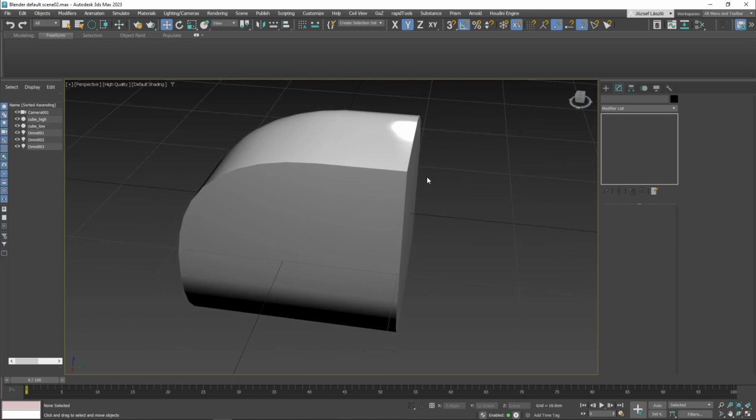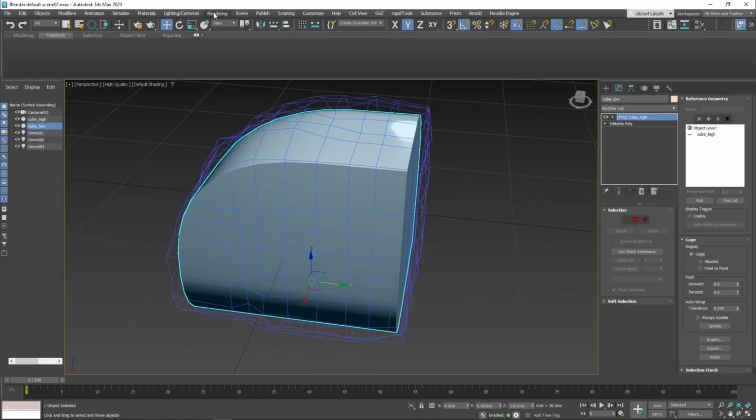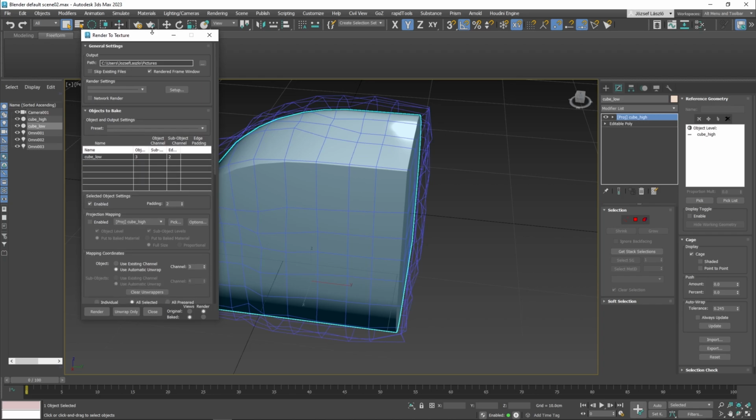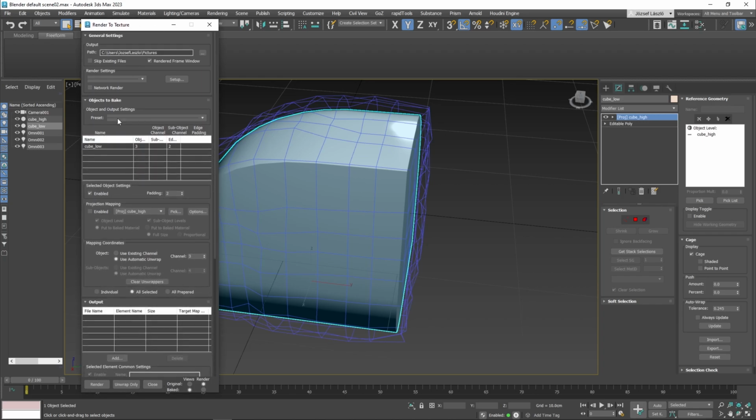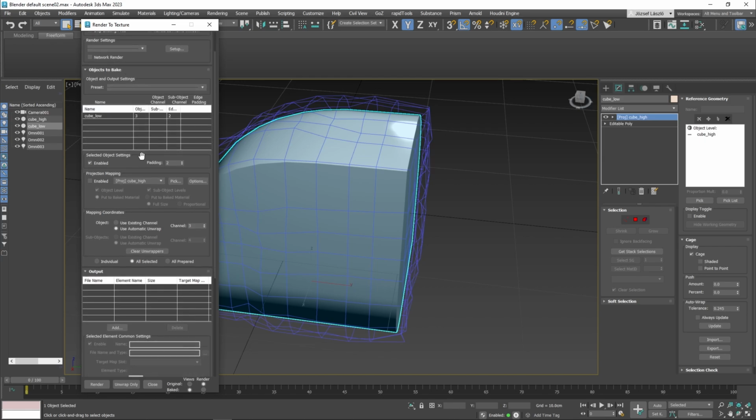Now, if I go here to cube low and want to use the old method, I go up here to materials, create edit maps, bake maps, render to texture. This is the old window. Some of you might be familiar with. I set where the file should go, objects to bake, cube low, of course. I'll enable projection mapping from projection cube high. It's already